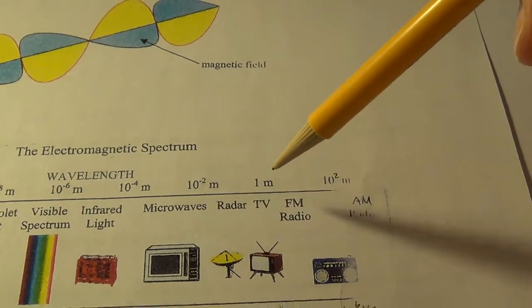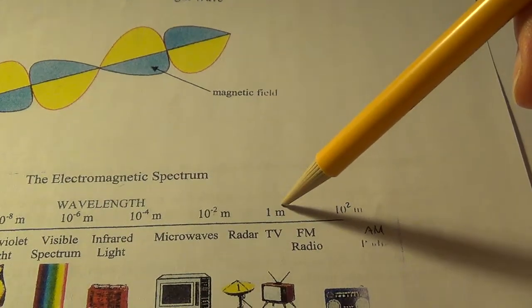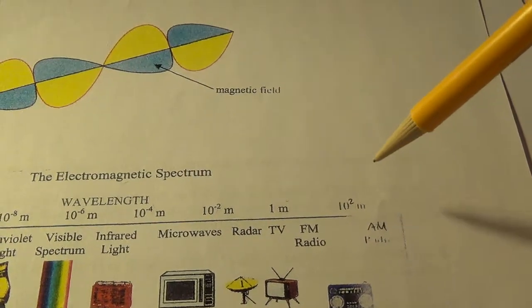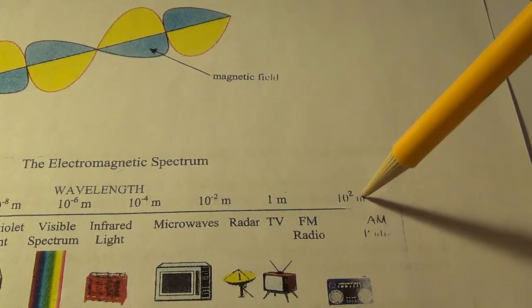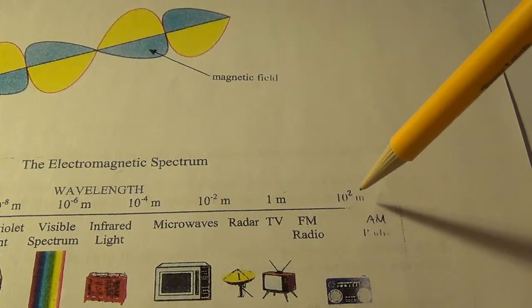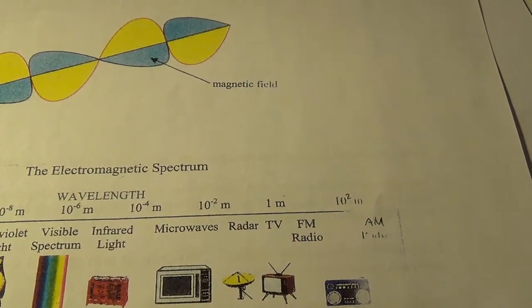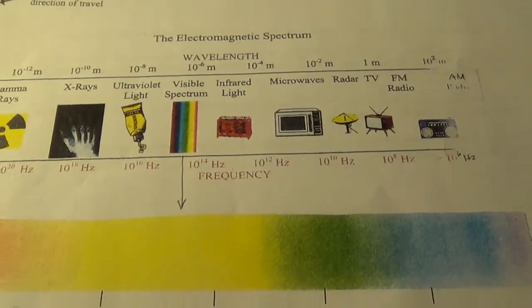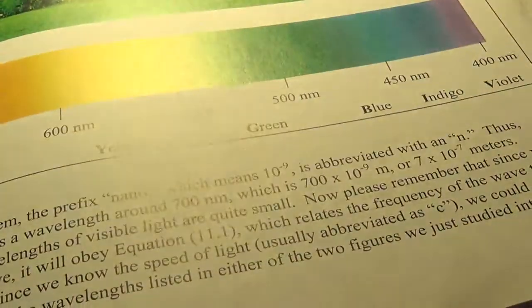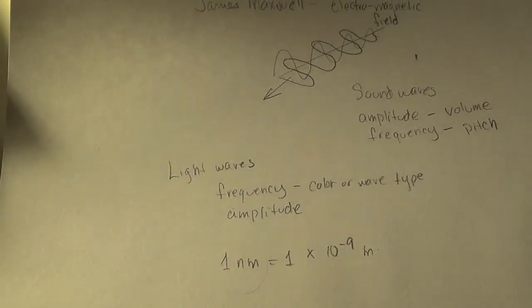And look at the TV waves. They're 1 meter long. That's their wavelength from crest to crest. And some of these are even longer. Look at that. Down between FM and AM radio, they're falling in 100 meters long for the wavelength. Now, I thought that was of interest. All right. So, back to the drawing board here.